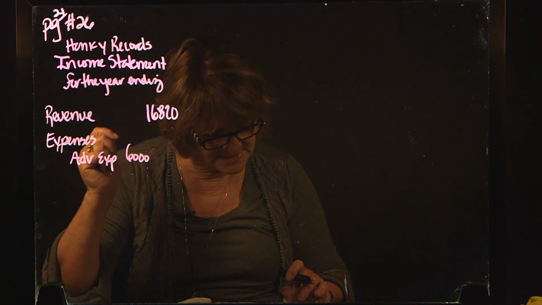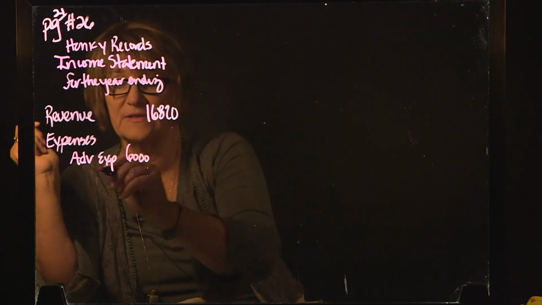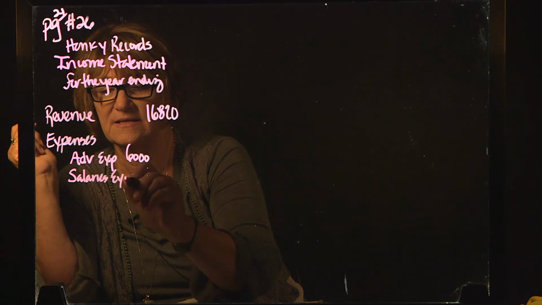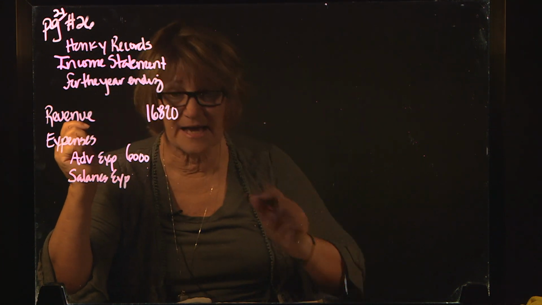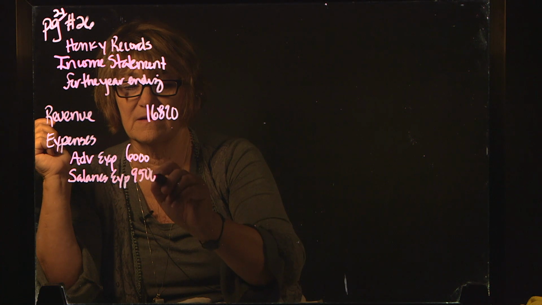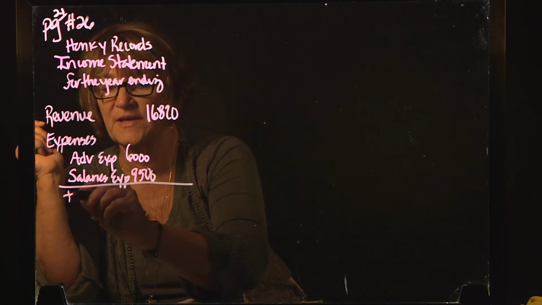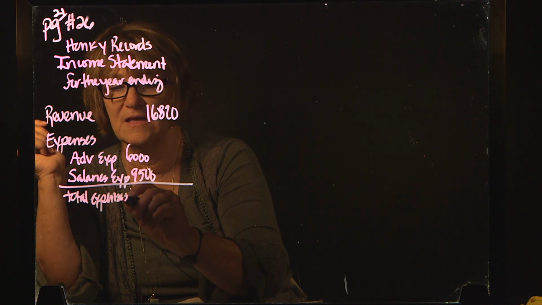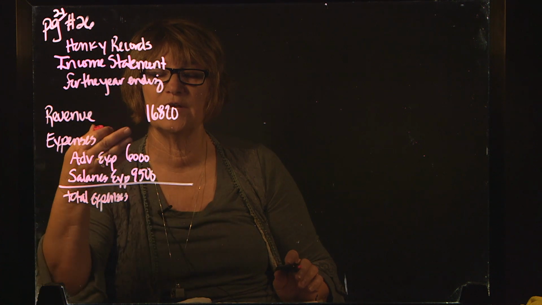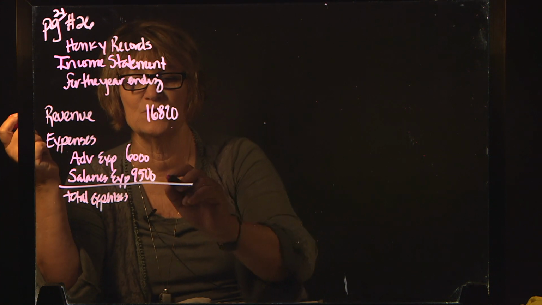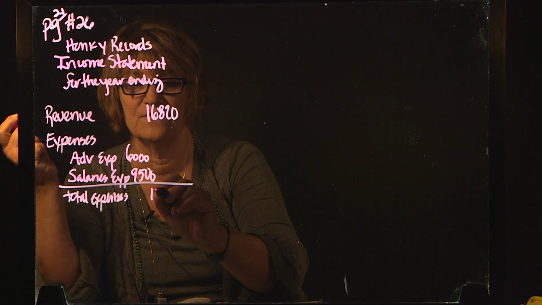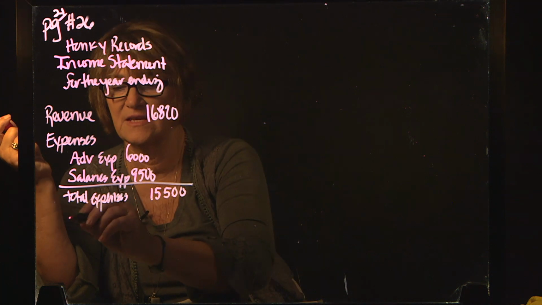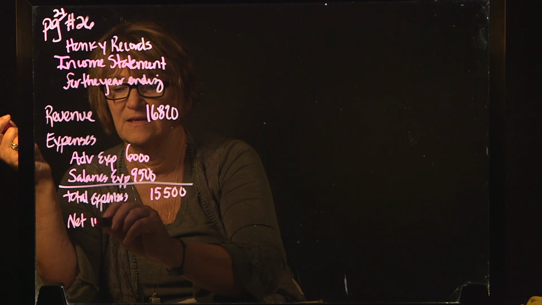Our next expense is salaries expense. In this case, we only have two expenses, and that is $9,500. So we're going to total expenses. $15,500 minus $16,820. So that gives us net income